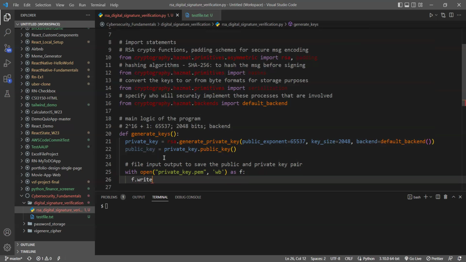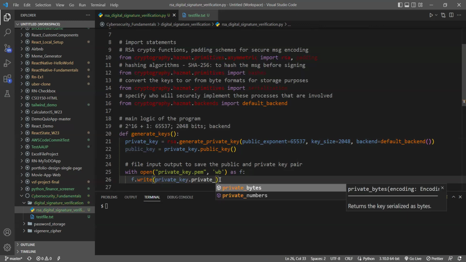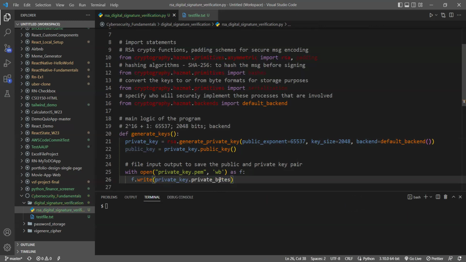And then here we will say f.write. And what we want to write here is basically the private key variable, which is private_key that we have here. And we need to first convert this into byte format and then store it in the PEM file, right? So for that, we will access another inbuilt function, which we call private_bytes, which is a part of RSA again. Then inside private_bytes, this is a method. We need to provide